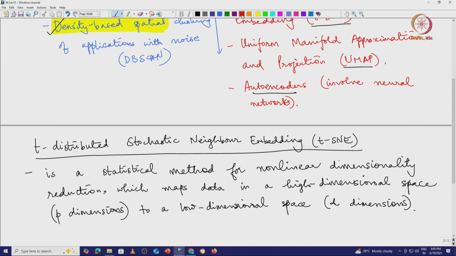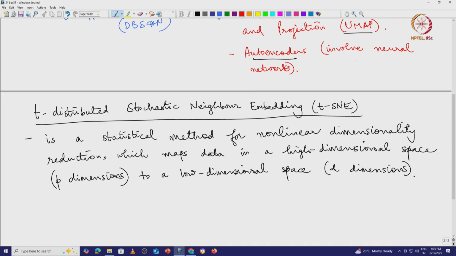Okay, so that is what we want to do, but there is an underlying goal while we do this. It is not just that we want to reduce the number of features, we also want to do so while retaining some structure. So the goal is to preserve local similarity structure of the data set,